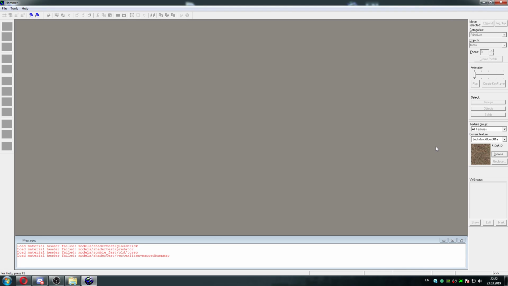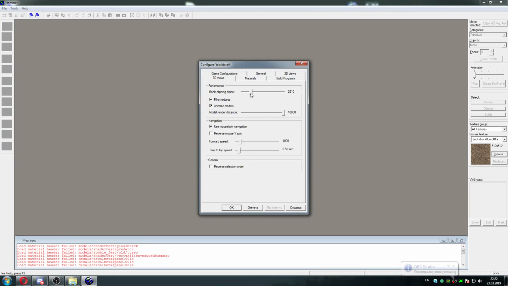And from now on, you actually can work with the maps, but I usually use the maximum level, the maximum amount of clipping. Well, because on modern PCs, it works just fine. So what this thing does is,